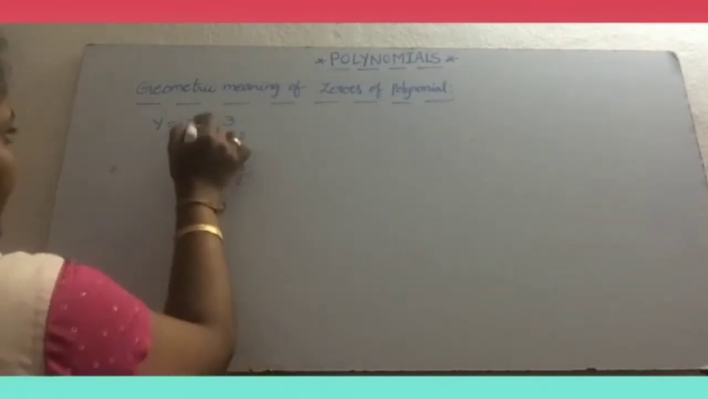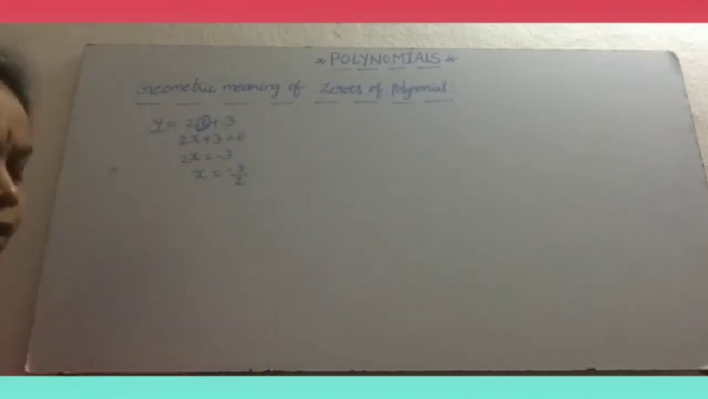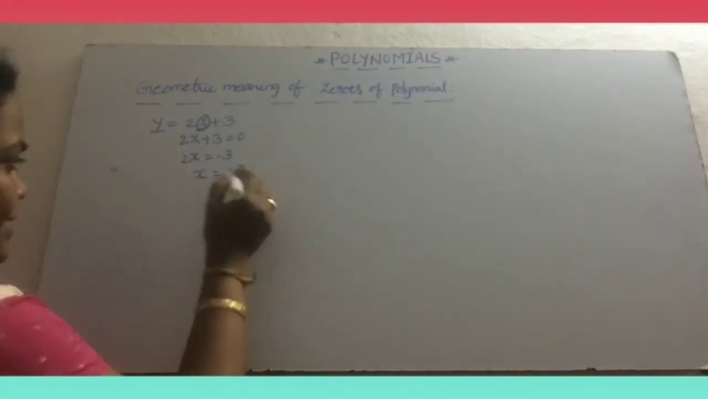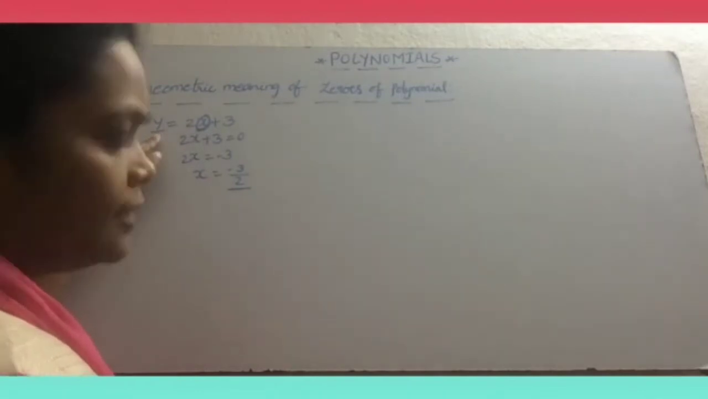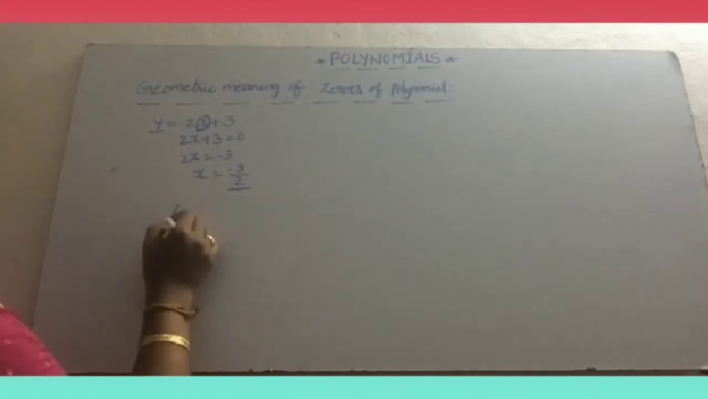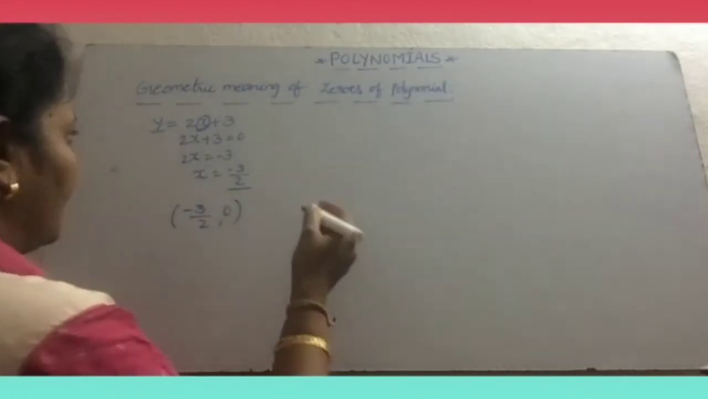So at the value of x equal to minus 3 by 2, the polynomial y is equal to 0. When x is equal to minus 3 by 2, that value is the zero of the polynomial. So, by graphical notation,